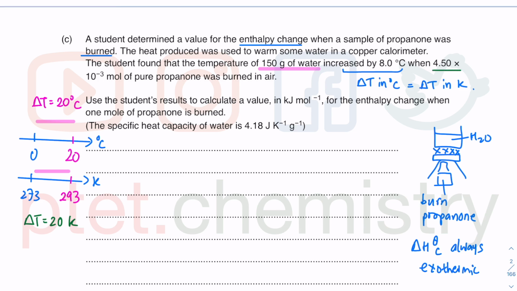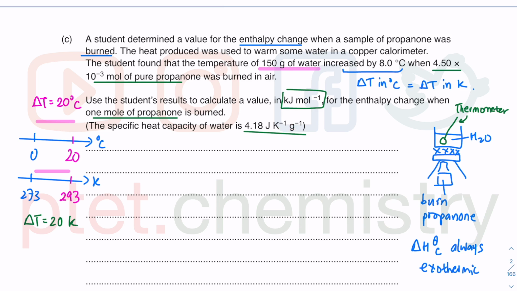And you burn this many moles of pure propanol. So that is from the bottom reaction. But you are heating up the water. You have a thermometer inserted in the water, so you're measuring the heat change of the water. So that's essentially what you're doing there. Use the student results to calculate a value in kilojoule per mole, because that is for 1 mole of propanol. We're given the heat capacity of water. This is the energy required to raise the temperature of 1 gram of water by 1